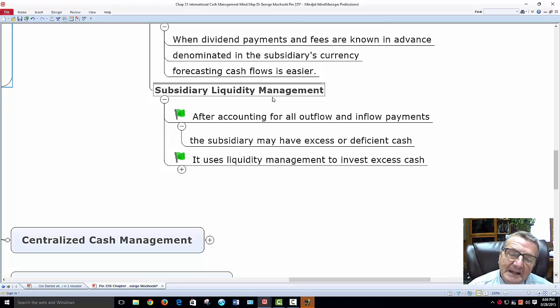It uses liquidity management to invest excess cash. I just don't let it sit around. What do I do with it? Like I mentioned, give it back, or reinvest. Do I reinvest in the subsidiary, or do I give it to the parent? Because they may have another subsidiary that would be more profitable, or one that started up and needs the help because of the economy, or I want to start a whole new thing. The whole thing is, it's not your money. It belongs to the parent. You're utilizing it, and hopefully we trust you enough to give it back to me when I need it. But the parent, the MNC, has to provide the rules and the policies. As a good manager, you follow.